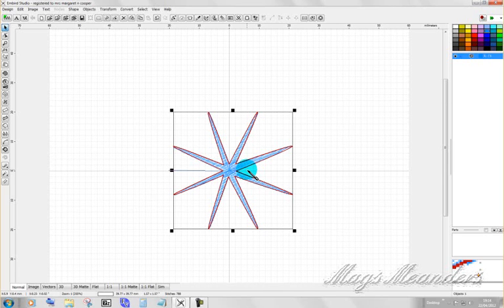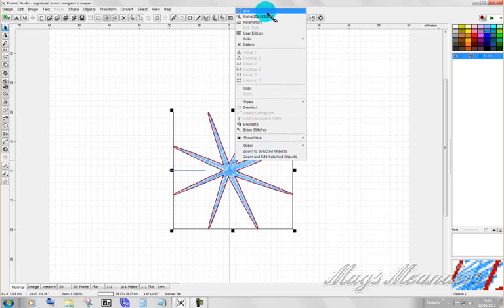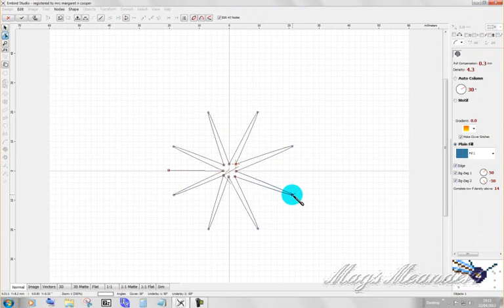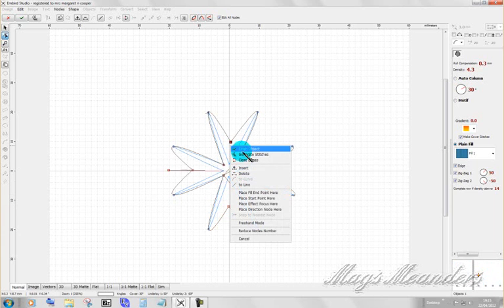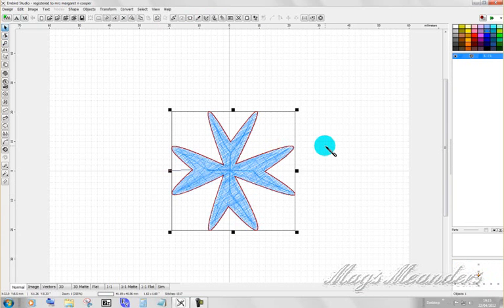Can I do anything else with it? Well, let's take a look. Edit. I can shrink that one up. Well, apart from shrinking and stretching, and maybe moving some of these back out again, not all of them, generate. Now I've got a different design again. So you can see, using your fill tool and shape, you can make yourself a host of different little shapes,